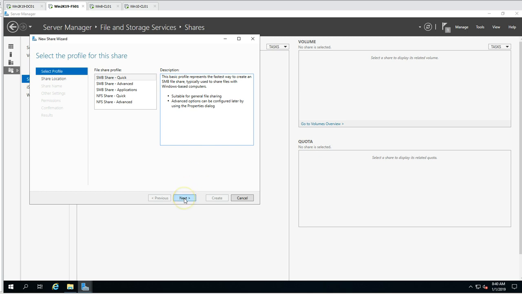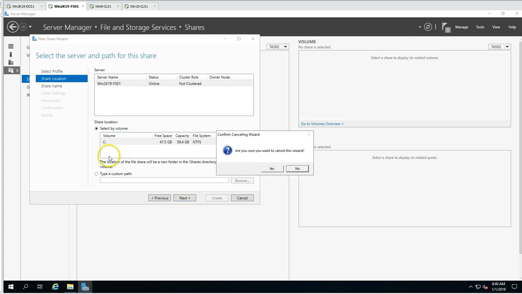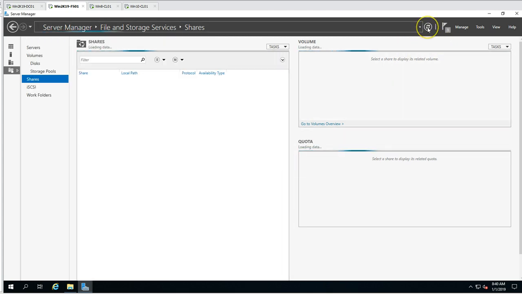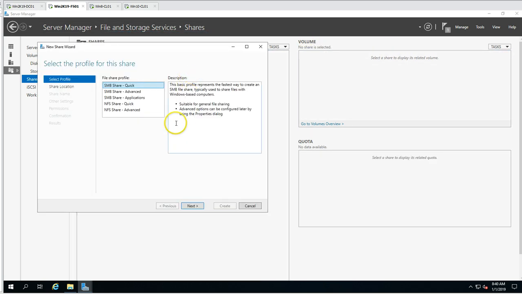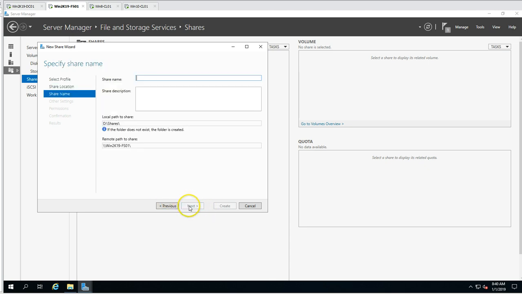So this is good. Click on next, and where you want to save that folder. So we have to refresh this because we are not getting the D drive here. So I'm going to refresh this once. Again it's going to load the data. So now if I try quick, and then you will see here the D drive is there, so good, and click next, and the share folder, call it users data, and the physical path is going to be, you can see here, the local path will be D, going under shares users data, and the share path which can be accessed from users' computers is going to be fs01 and users data. So this is good,